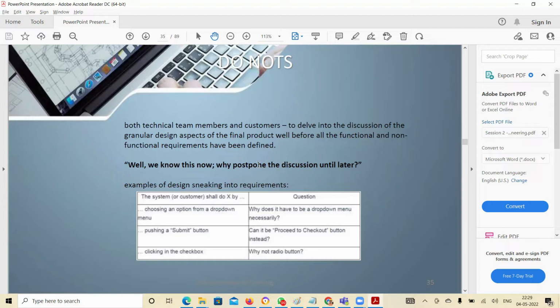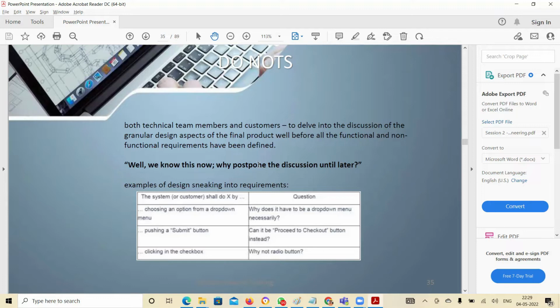If you are doing an e-commerce flow, checkout is a better option than submit. So again, we should not focus on the terminologies, but on getting the requirements correct.